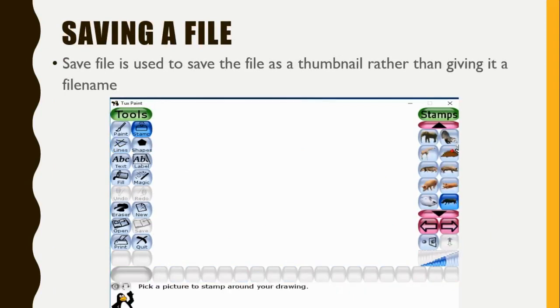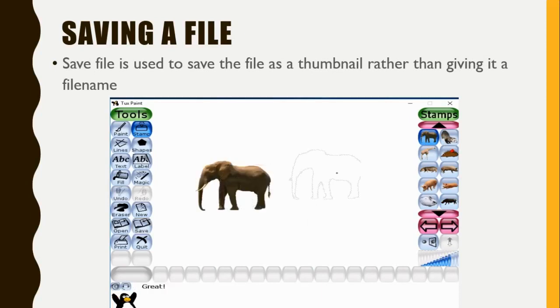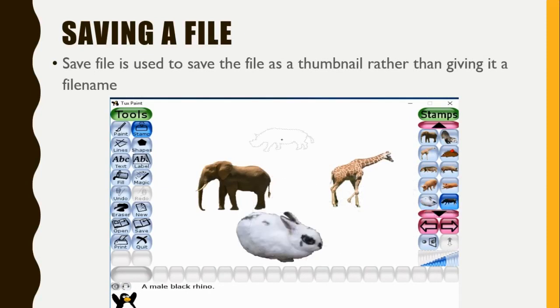How will you save a file? Like I am drawing over here, I am making a picture. You can see that I have taken animals. Okay, I am taking the animals and now after completing the drawing, this is complete, now I have to save it. So what I will do, I will go with the brush save option. So when you click on save, it will automatically save it like a thumbnail.